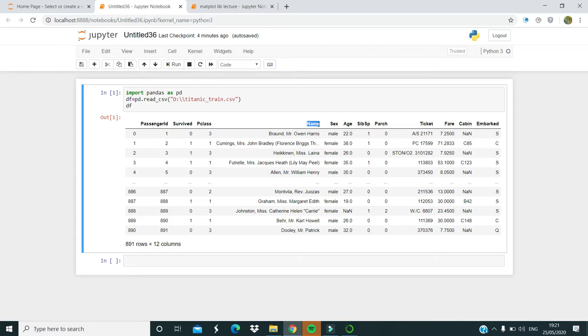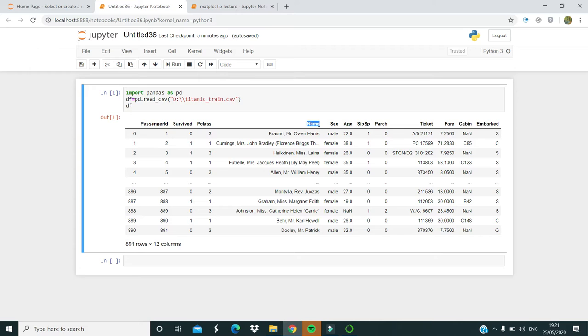So to understand how the data are inside the data frame or inside the data set, it is very important to visualize that data. Without visualizations, I cannot have the larger picture of the data.